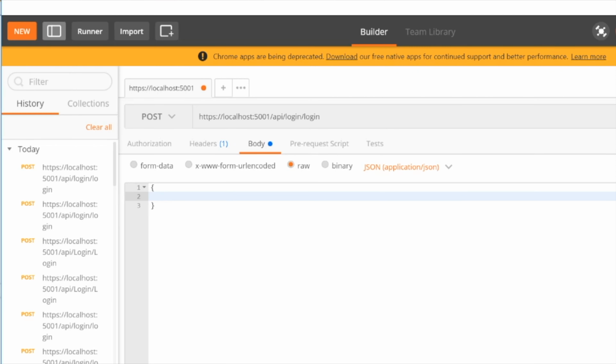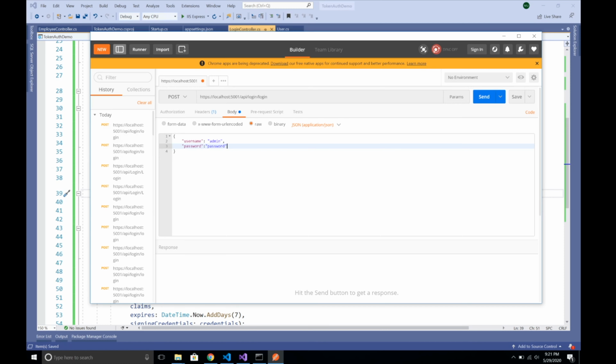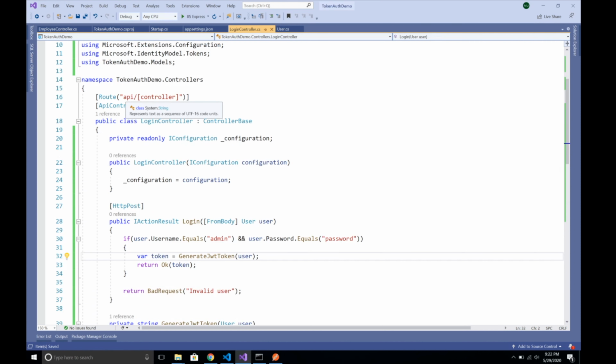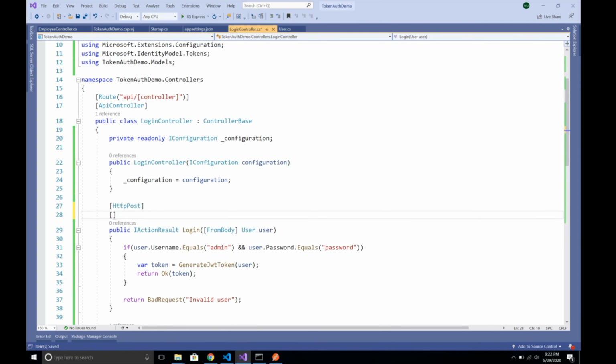So this is a JSON object, and we need to pass the username as admin, and then we need to pass password here, which is password. And before clicking on send, let's make sure we have properly configured our API controller here. So we have a API/login, and in this login method let's give it a route of login route,